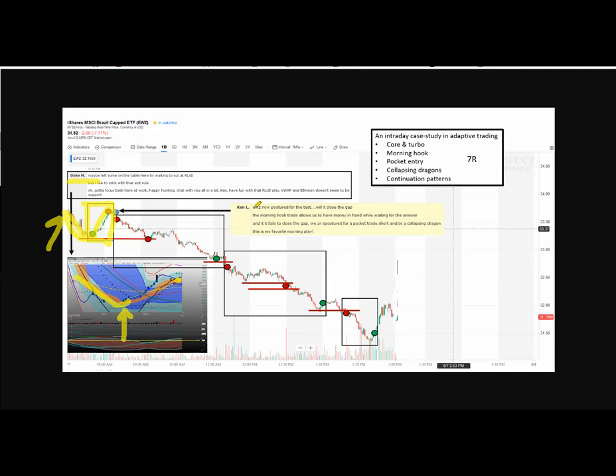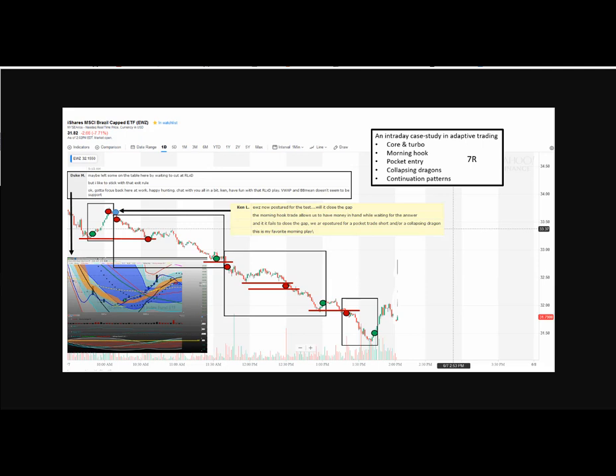And then I said, right at that moment, up in that blue dot, EWZ is now postured to test, and it'll either go up to close a gap. That was right. This was a gap down. Sorry. It'll either go up to close the gap, or if this thing fails to close the gap, it'll roll over, and then we're going to be postured for a pocket trade short or a collapsing dragon. And this is my favorite morning play. Well, about 4 bars later,